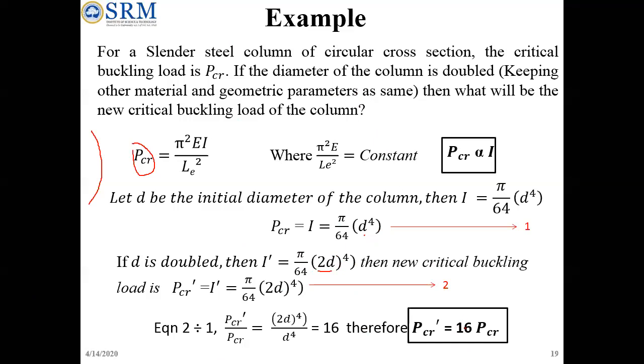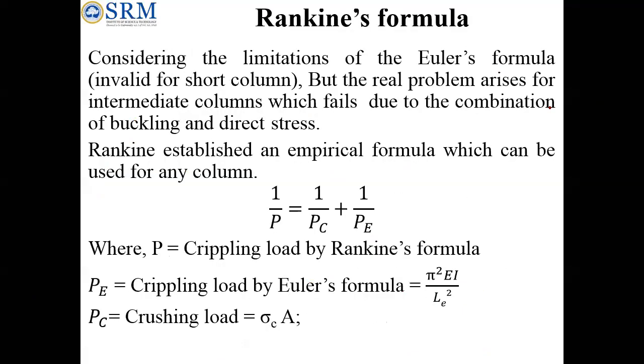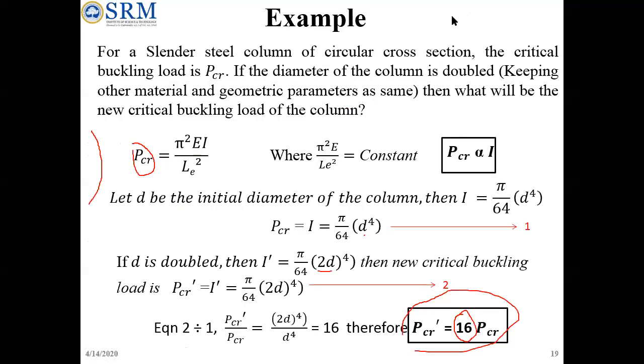So 2 to the power 4, that is 16, will be there. That is the ratio of the new crippling load when the diameter is doubled. Okay. So this is with respect to Euler's theory. And a couple of people have raised